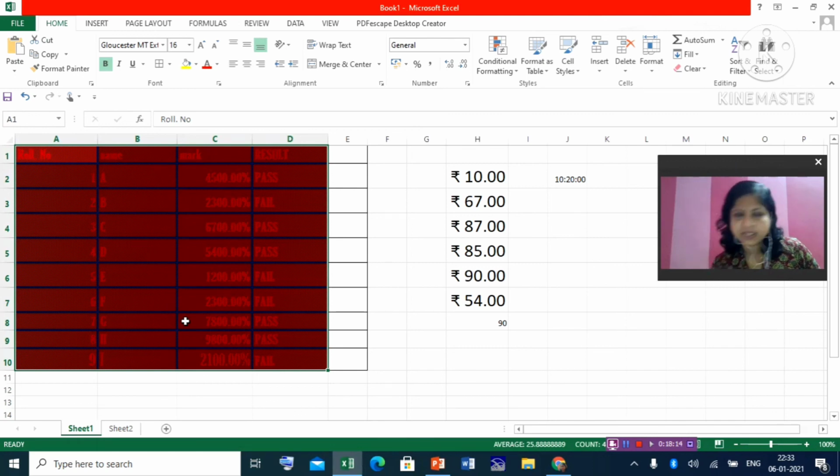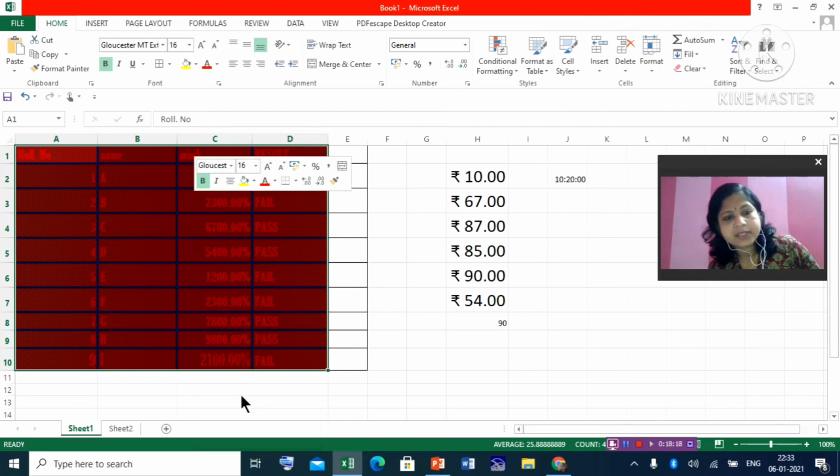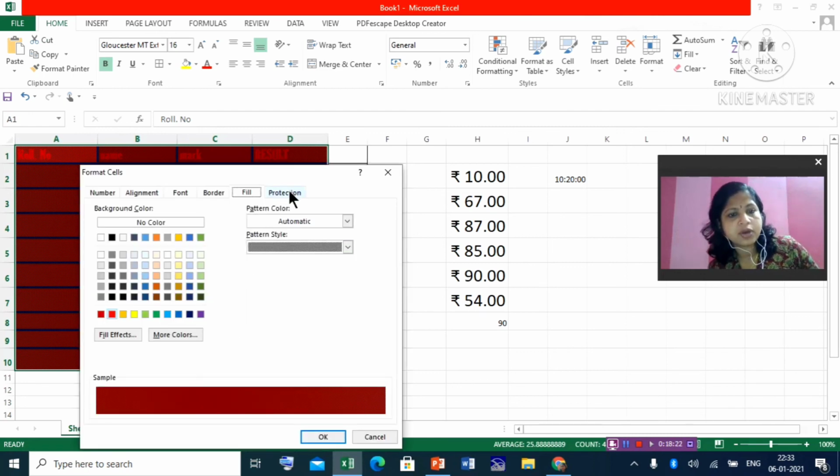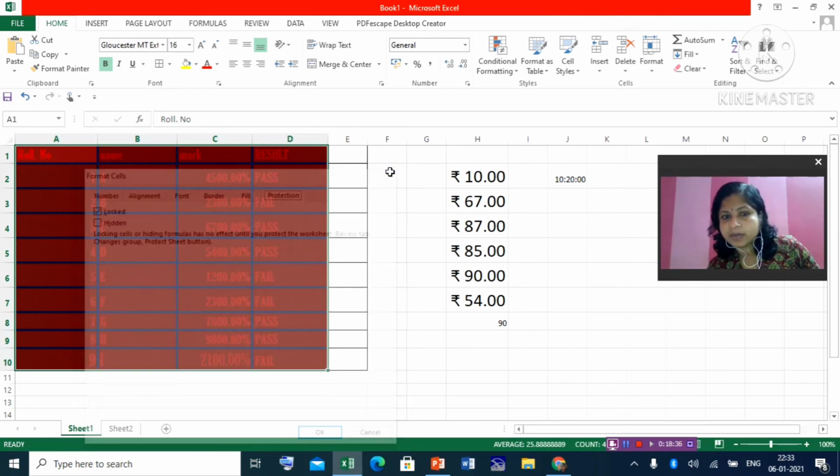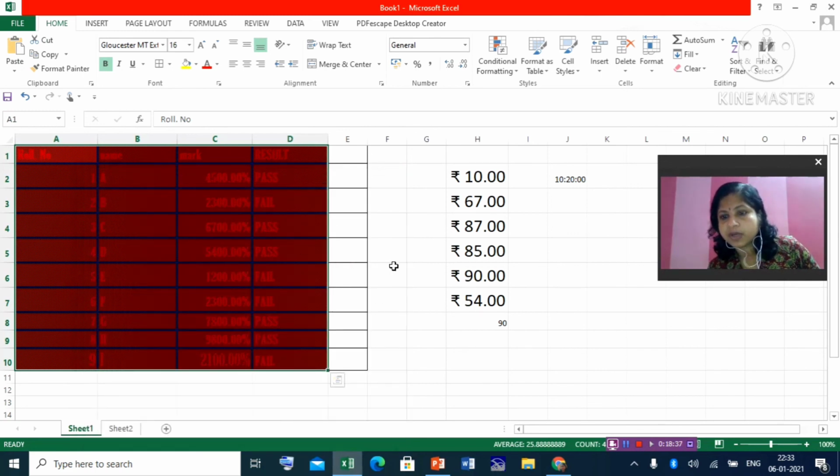These formatting things are used to make it attractive. Clear? What other things are left? Go to format cells. Protection is a different thing, not in your syllabus. If you want to lock your cell so that no editing can happen, you can make it locked, and if you want it hidden also, you can do it. So all these cell formatting features you can apply to your cells, rows and columns in a worksheet.